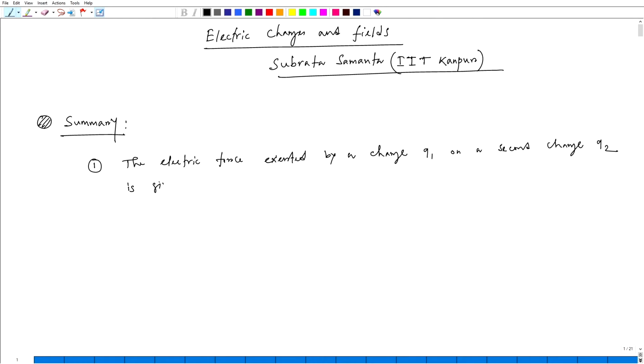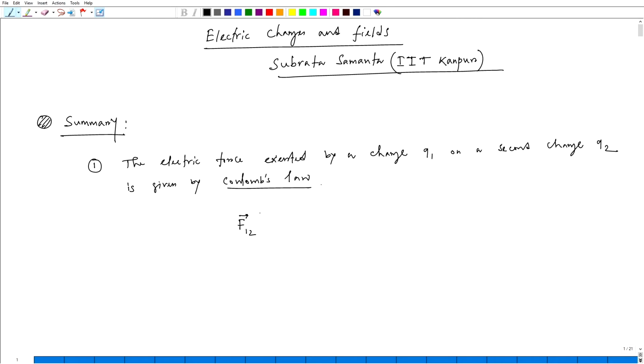So Coulomb's law suggests that the force between charge q1 and charge q2,